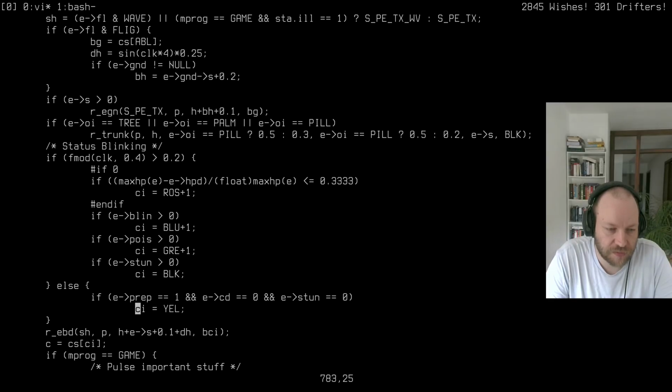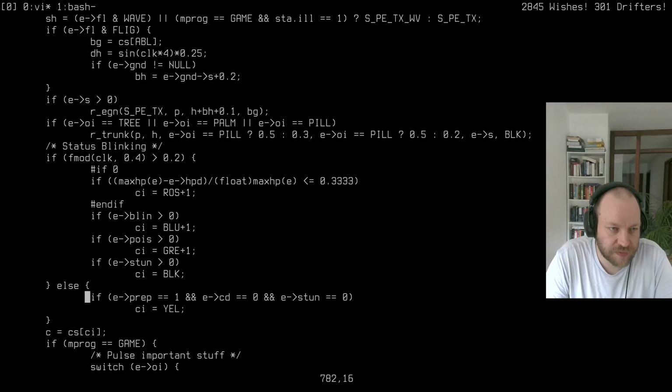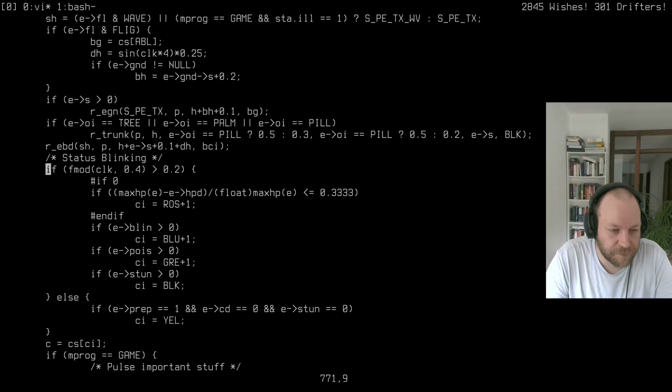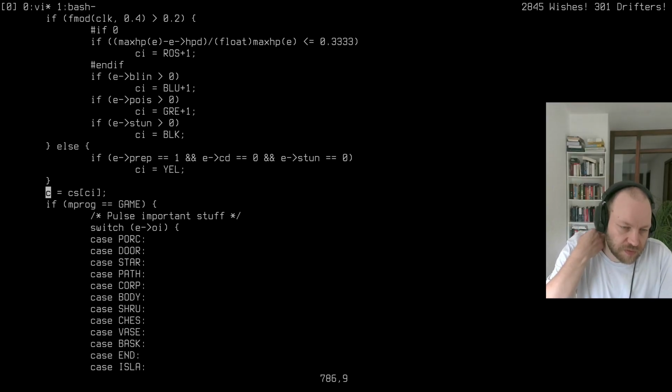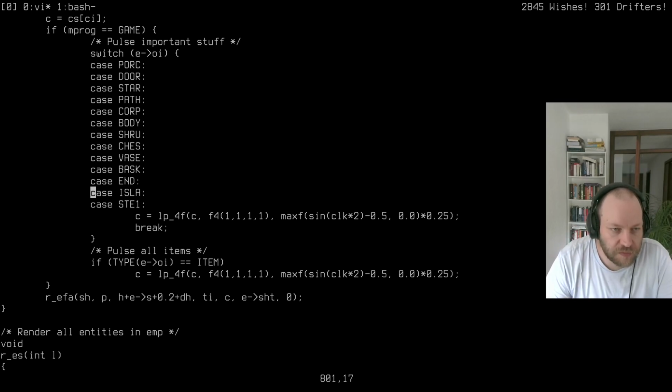That's in CI, the color index. And I can actually move this up. Yeah, that's the backdrop. That's another color, so let's move this up. What I want is just the sprite color. And now I see I'm pulsing here, pulsing important stuff. None of that's entity, an enemy. And that brings up